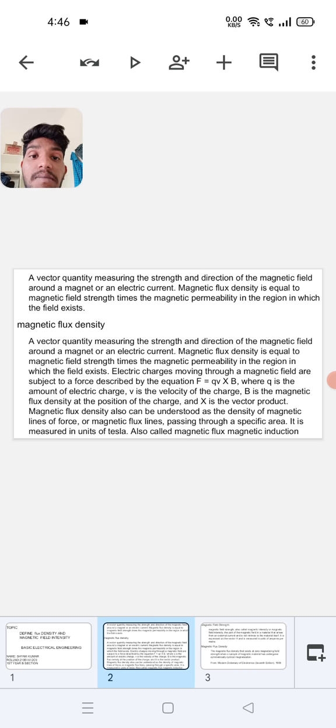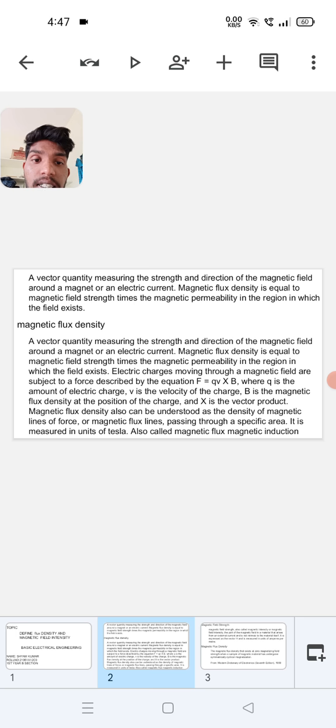Magnetic field strength: a vector quantity measuring the strength and direction of the magnetic field around a magnet or an electric current. Magnetic flux density is equal to magnetic field strength times the magnetic permeability in the region in which the field exists. Magnetic flux density: a vector quantity measuring the strength and direction of the magnetic field around a magnet or an electric current. Magnetic flux density is equal to magnetic field strength times the magnetic permeability in the region in which